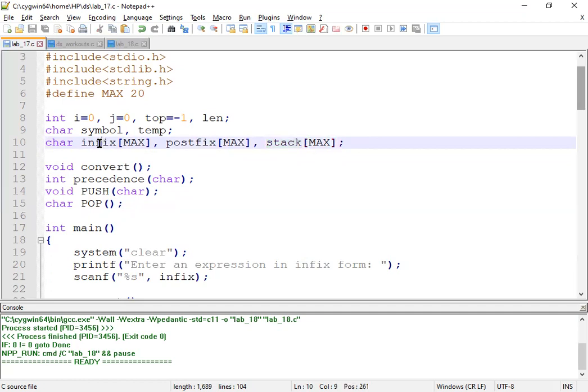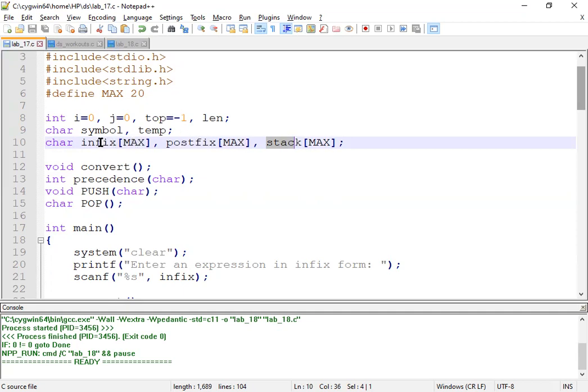The name suggests that the infix is used to store the infix expression, and the postfix is used to store the postfix equivalent expression once we convert the infix into postfix during the conversion. The stack we will make use of to process the conversion of infix to postfix.